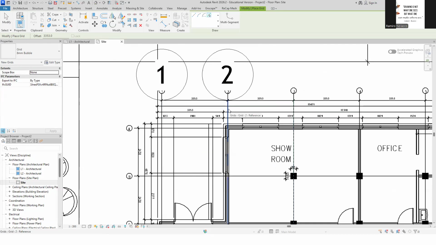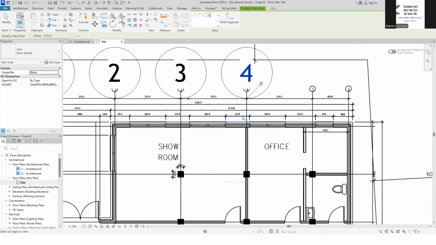Place it to the right side so that it goes there. Now, it made the number 3 earlier. That's why it's giving me 4 now. So I'm just going to change that to 3. And then, again, make sure you are clicking an offset more to the right side. Okay, 4.